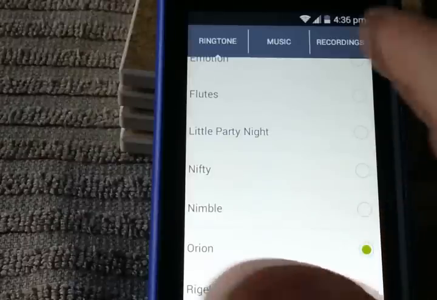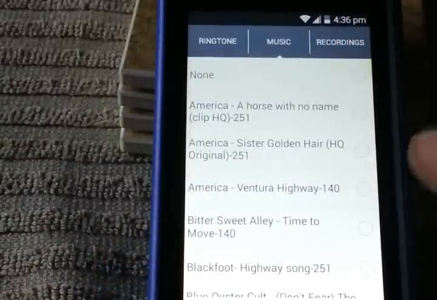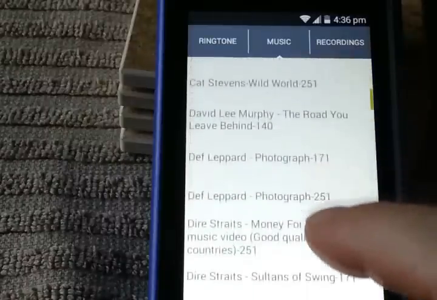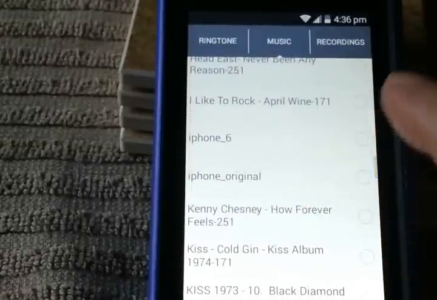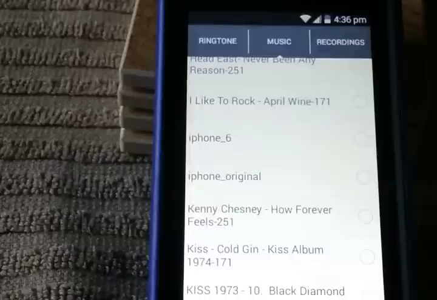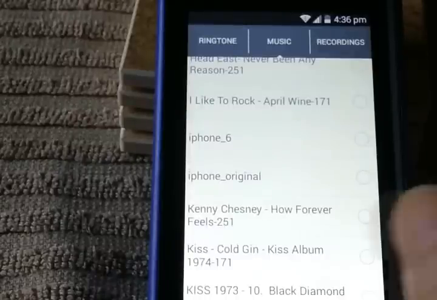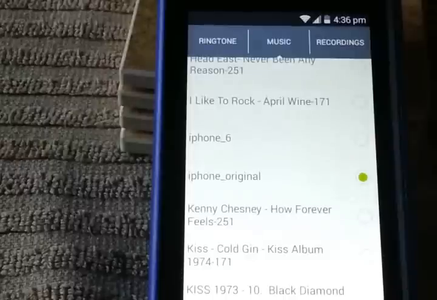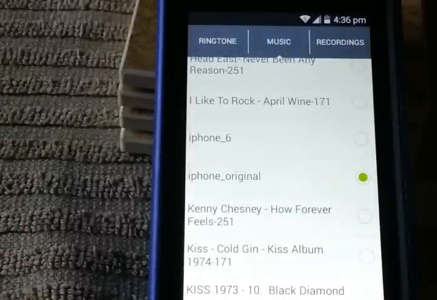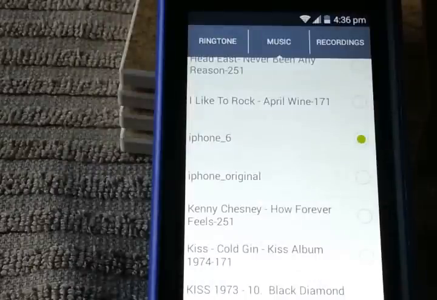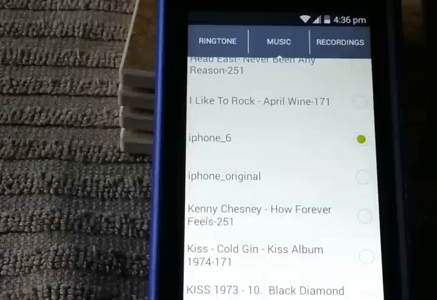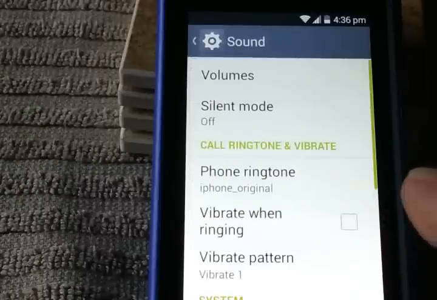And that's what it is, but I've got all this stuff on my SD card, all these songs, and I've got some additional ringtones, and I want mine to sound like an iPhone. I've got the iPhone original and iPhone 6, so download those things. You can put in whatever you want. I'm going to put it to iPhone original, click OK,